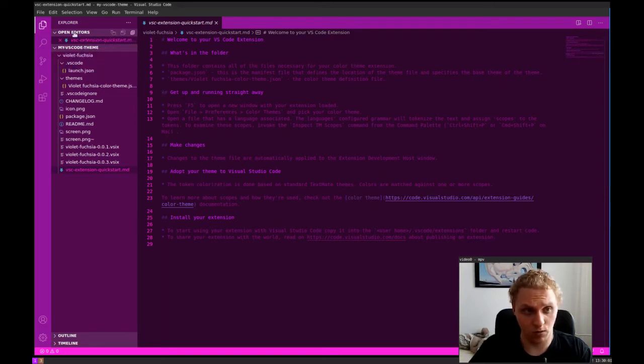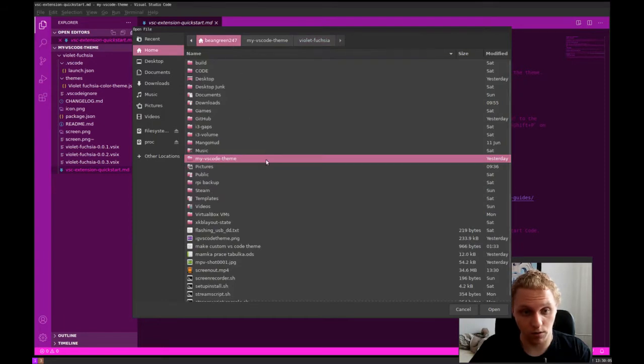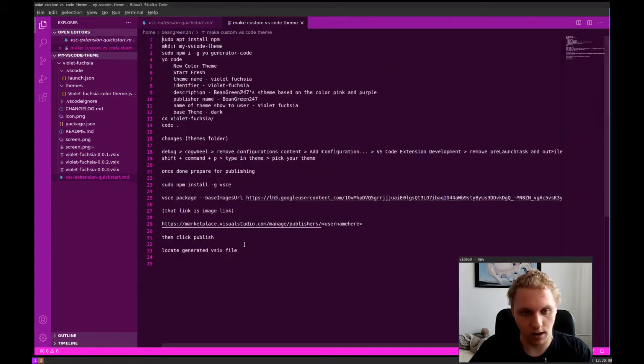There's also one file I want to open. It's actually saved in my home directory. It's called make a custom vscode-theme. And what you want to do, if you want to make such a thing like this, you want to first install npm, which is a part of Node.js, but you can install it separately. So I recommend that you install Node. Then you want to make a directory. I've decided to name my directory my-vscode-theme, and then you want to do